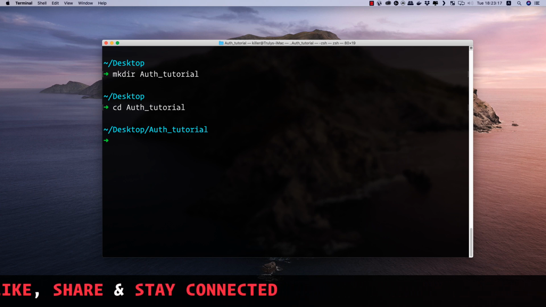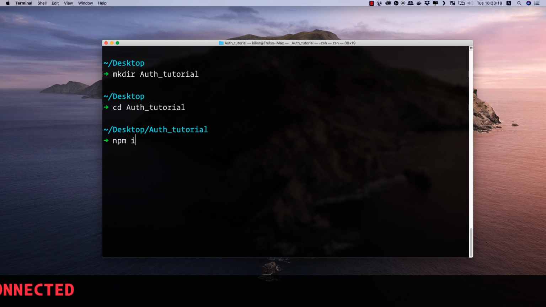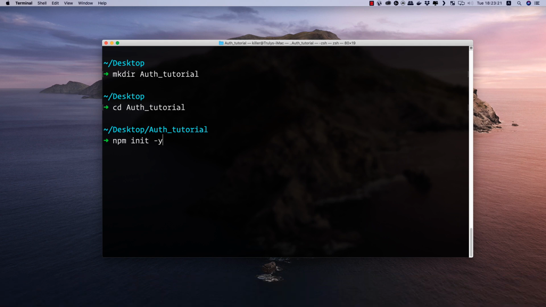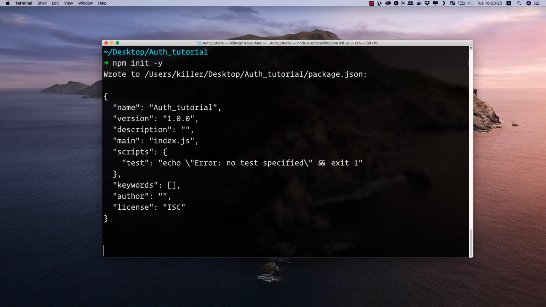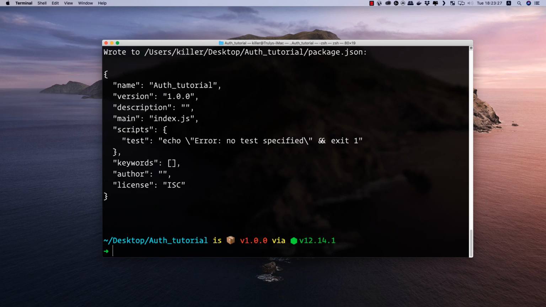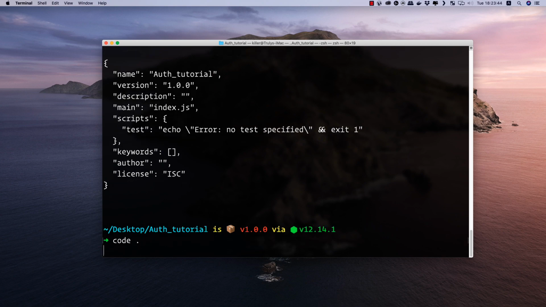And now let me initialize a new project here by doing npm init -y to keep the default options, because we can change them later on whenever we want. And now let me open my text editor, that is VS Code, and I'll provide a link in the description below where you can go and download that text editor. It's a super simple text editor with a lot of extensions. And since I'm using VS Code, I can do code dot to open VS Code in the current directory.